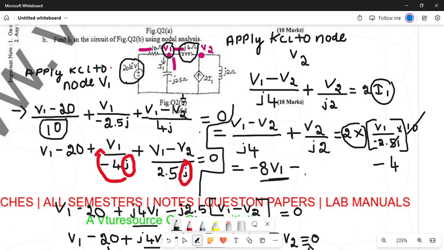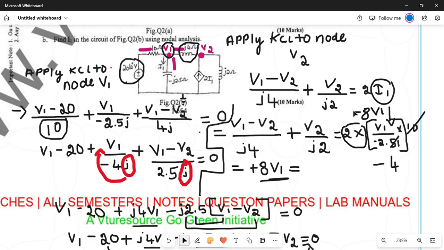So then what I am supposed to do is plus, this is 8V1. Okay, so here I'm going to equate this 8V1 is equal to, so I'm going to do for these two. Or else what I'll do is I'll just shift this 8V1 to the other side, wherein I get it as plus 8V1. Okay, so here you get minus 8V1, so I'm writing it over here itself. So what do we get as the resultant of this? Minus 8V1. So that minus 8V1 we can shift here. So you get plus 8V1, right? Yes. Okay. So now,